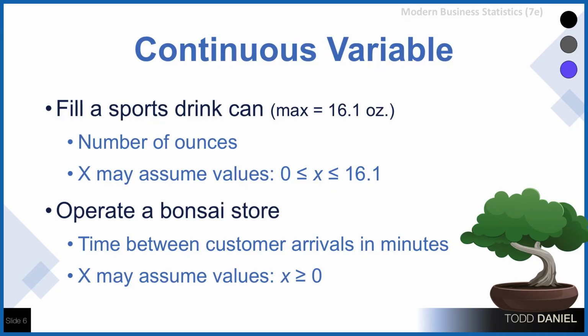And there may be other times when 2 or 3 or 4 customers show up at almost the same time. There's very little time in between when one arrives and when the next one arrives. This value can assume any value greater than 0, 0 being our lower bound, but an infinite upper bound. Now we'll talk about this type of distribution next time.